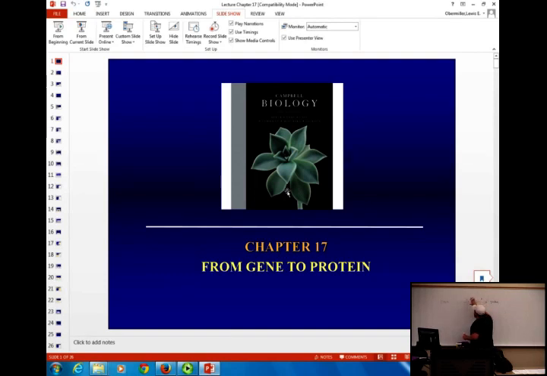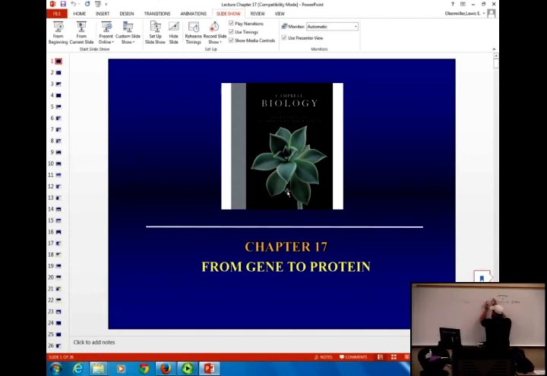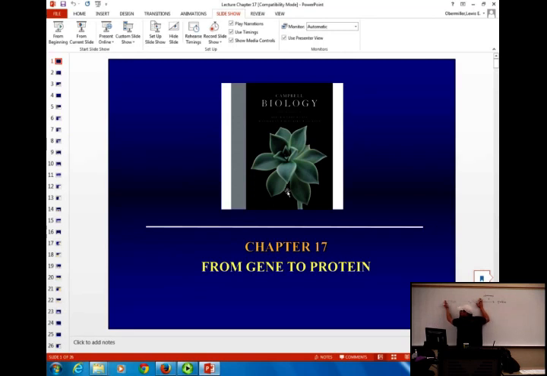So what's the machinery that turns mRNA into protein? Ribosomes. Excellent. So how many letters in DNA? 4. How many letters in RNA? 4. So that's basically a similar language, right? So when a court reporter is taking down notes from a courtroom, they're doing it in a similar language. So what do we call that?